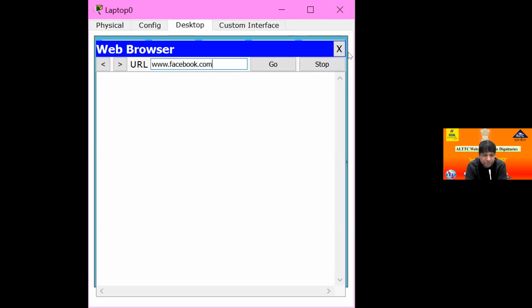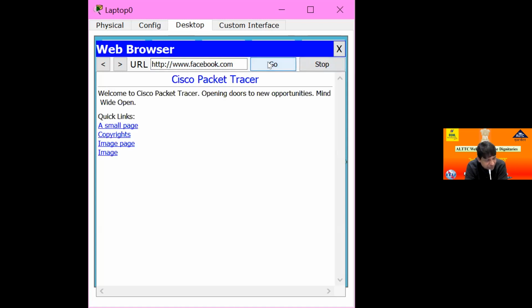Press enter. This is open. Yes, sir. So what is the meaning of this DNS? The meaning is very simple. From your computer you first identify where this website address will be, and to identify the website address you use the help of the DNS IP address. First we go to the DNS at the other location and find out the actual IP address of Facebook, then move to Facebook and open its web page.